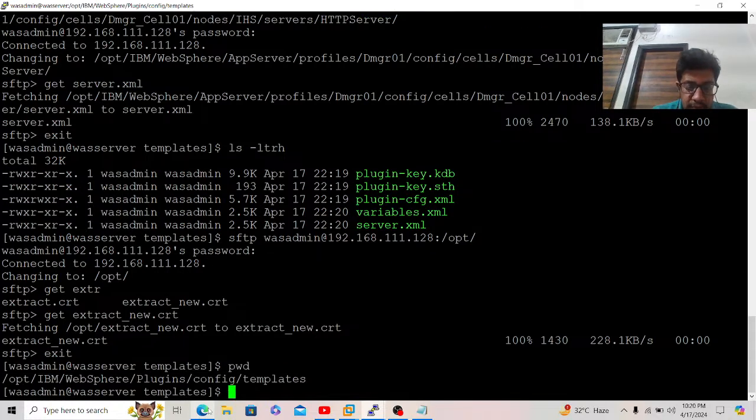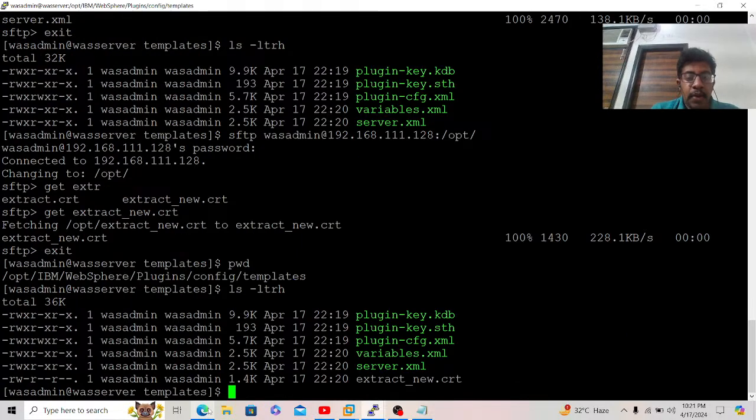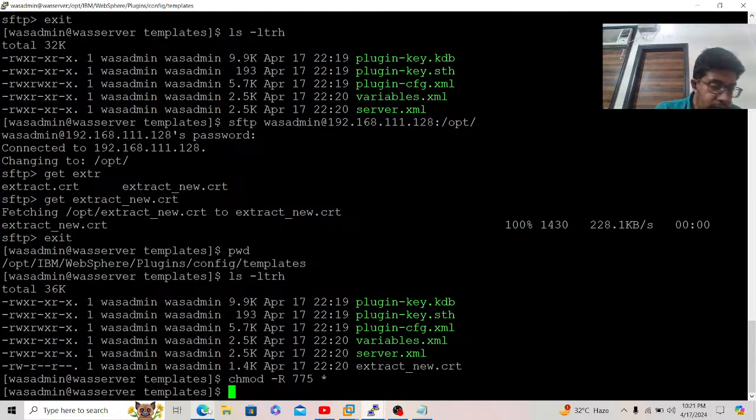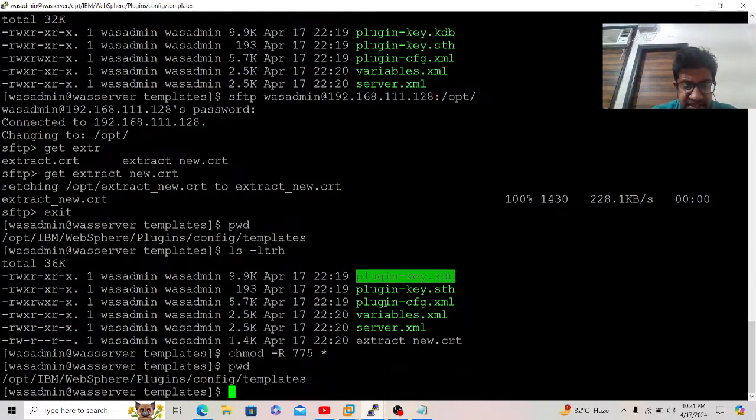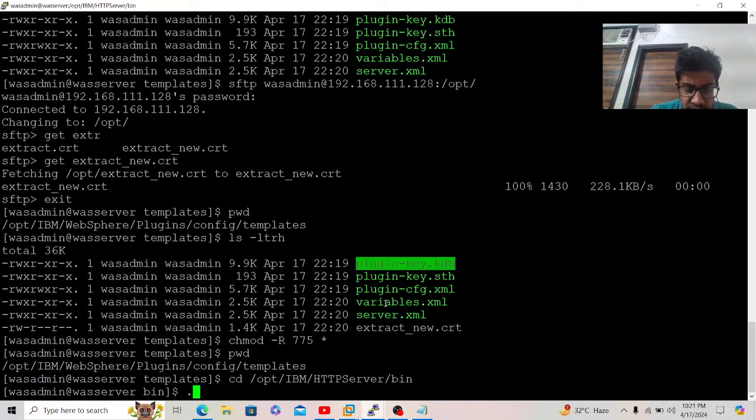Okay, I will add the certificate into my plugin KDB. This is the KDB. I am adding. You can remember this path. Okay, opt IBM HTTPServer bin dot slash